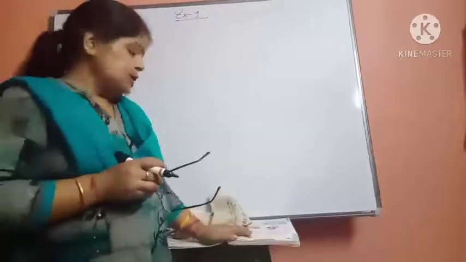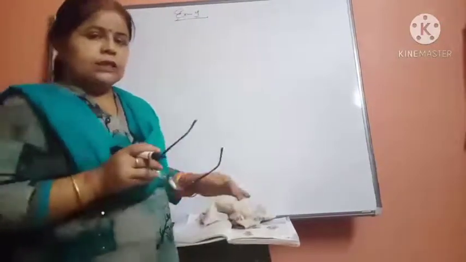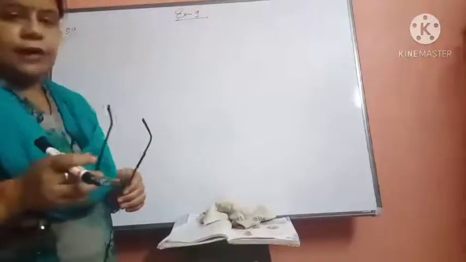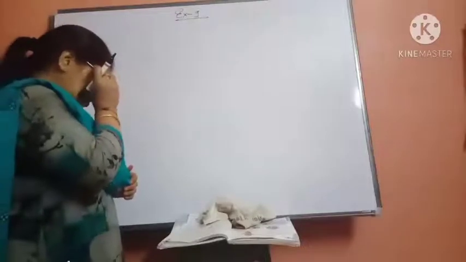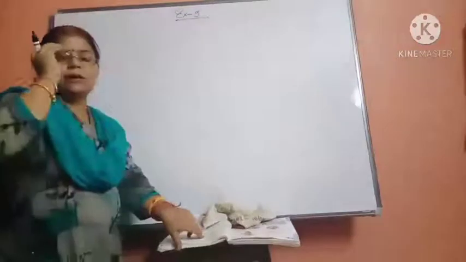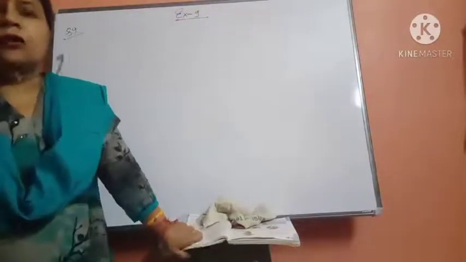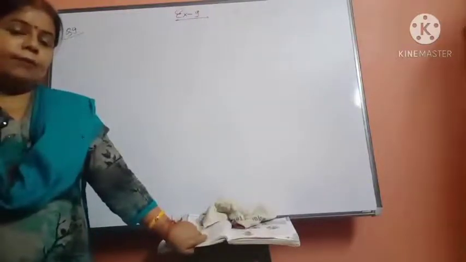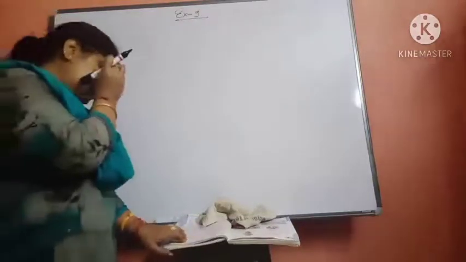In today's class we are going to start from question number 9 onwards. Now see how we are going to solve, because this chapter, unitary method, I had started in the last period. What is question number 9? Bobby buys 21 football stickers. While you are watching the video, beta, always keep the book with you, so that you understand which question we are solving in a better way. Without the book you will not be able to understand. Now see question number 9.